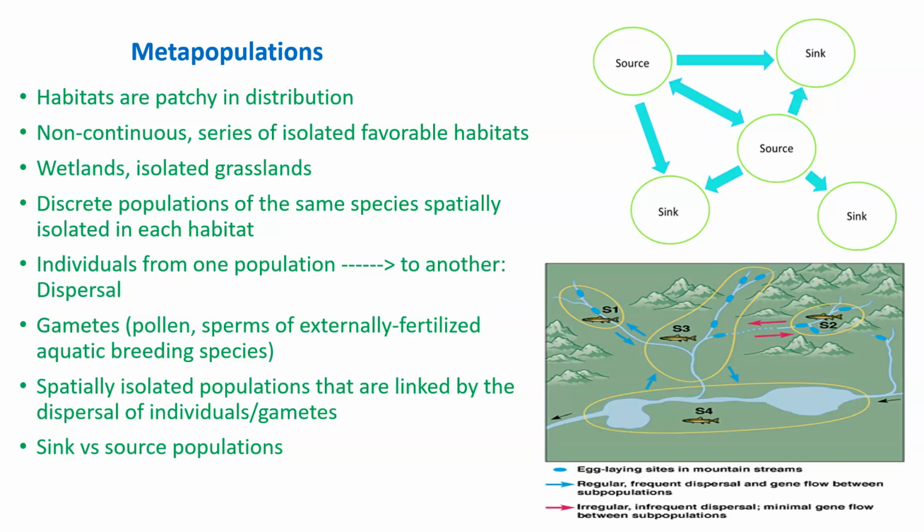In nature, habitats are patchily distributed. Habitats may not necessarily be continuous, and certain habitats may be seasonally continuous, and at certain times they may become discrete or isolated. So a non-continuous series of isolated favorable habitats can exist across a landscape. Think about wetlands, right, that speckle forests or woodland or grassland habitats, right? Some of those wetlands, as you see in my image, might become continuous